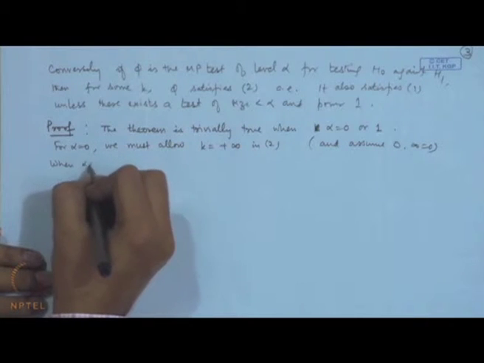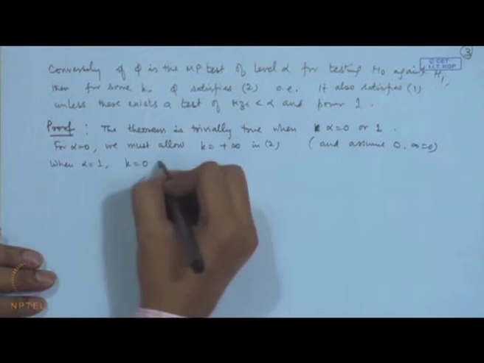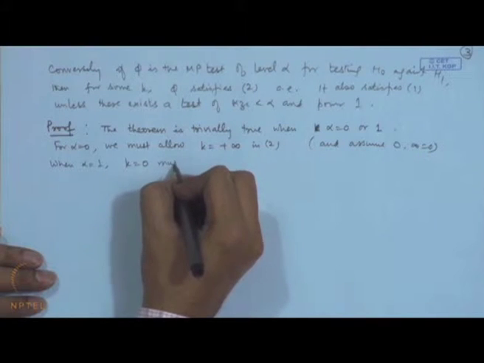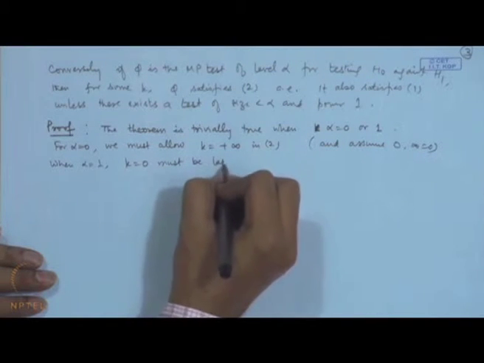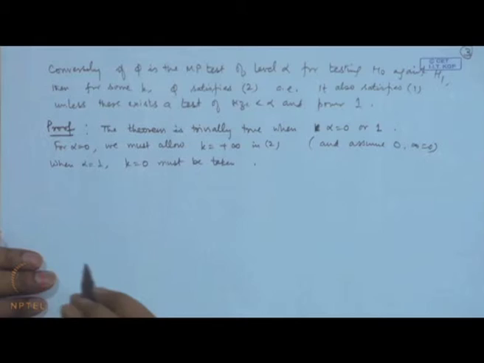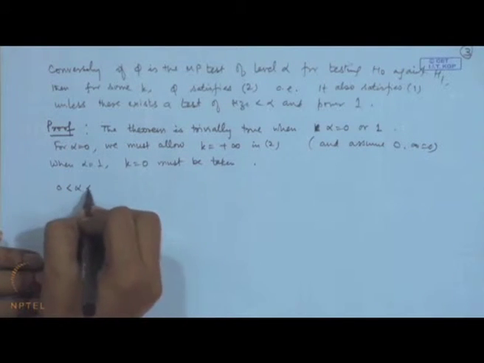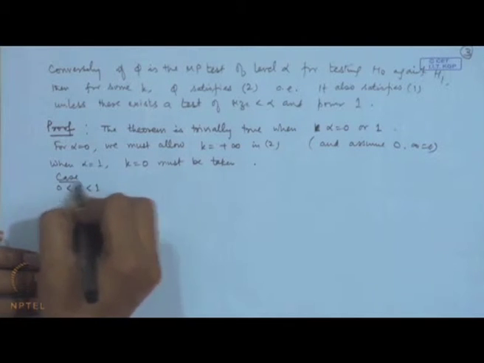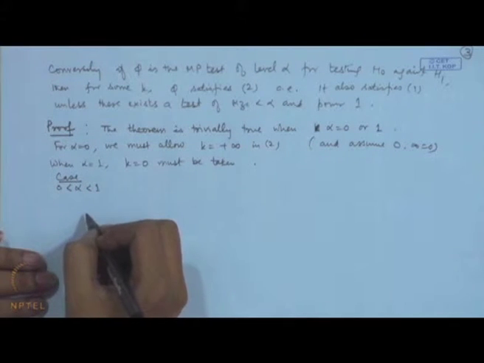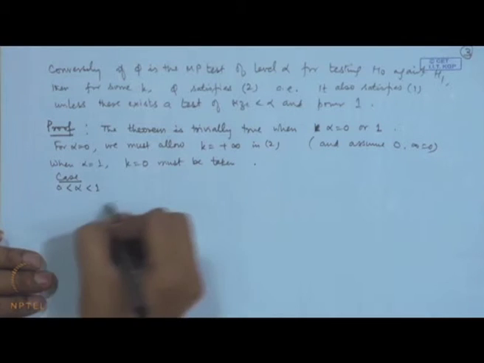When alpha is equal to 1, then k is equal to 0 must be taken. So, now we are considering the case when alpha is strictly between 0 and 1. Let us define a quantity,